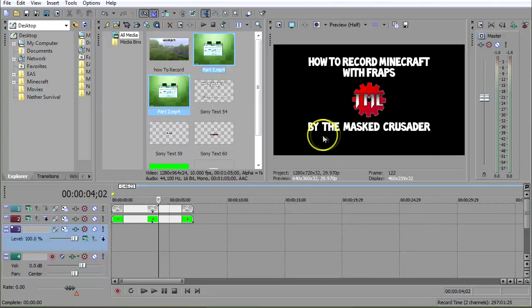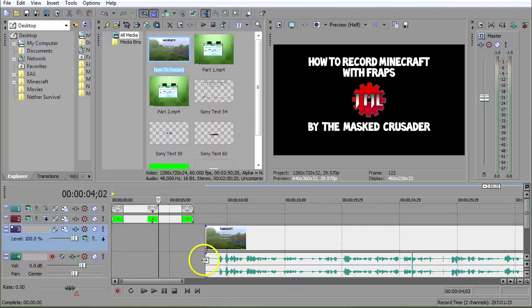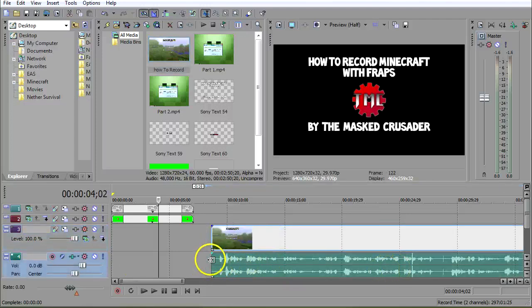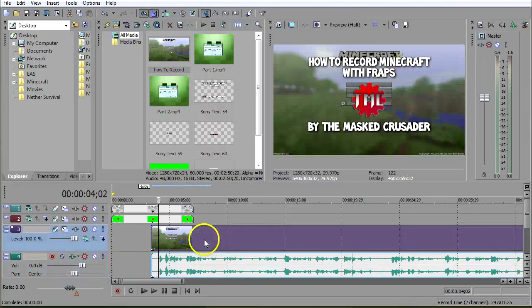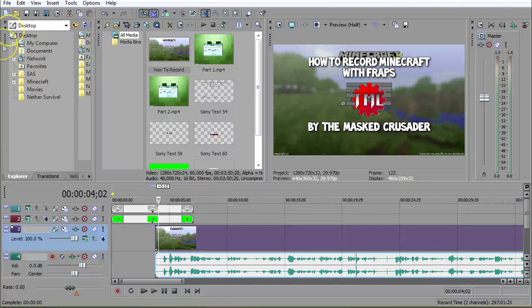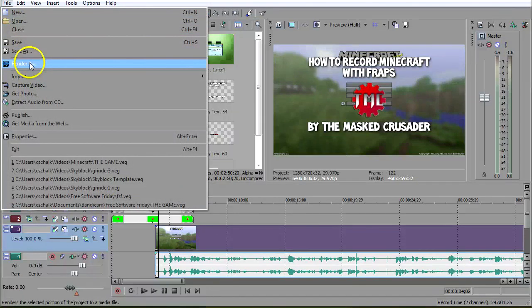I'm not going to do an extensive tutorial on how to use Vegas. It's pretty much just drag and drop. You drag these to decide where you want things to start. You drag the other end where you want it to stop. You adjust the volume, whatever. But when you've got it the way you like it, click on File and Render and choose